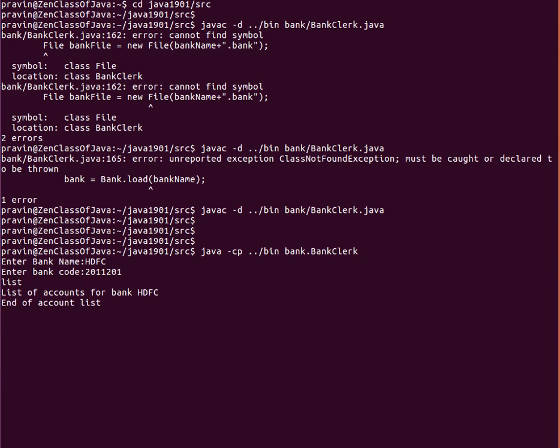There are no objects. Okay, and open. Name and opening type is current, opening balance, and then